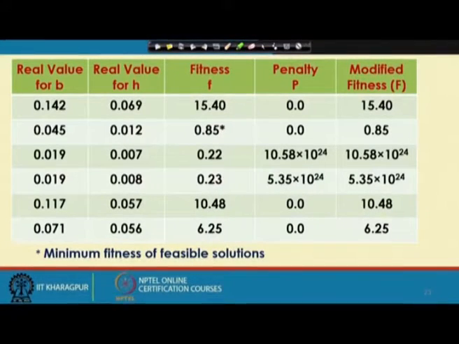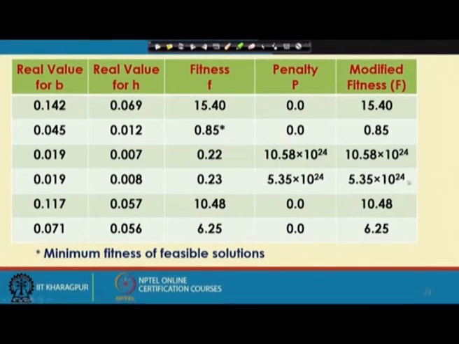So, we have got the fitness information for the whole population of this particular GA, and now we will have to concentrate on the modified fitness values. The modified fitness values for the third and the fourth are very high, but our aim is to minimize this objective function. So, these two solutions will not be good solutions, and we want to delete these two solutions in the